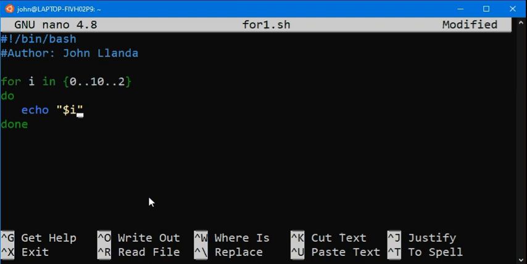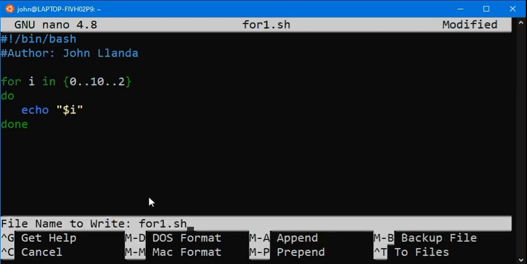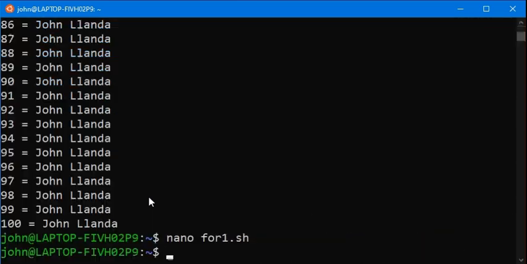So our output, we expect the output like 0, 2, 4, up to 10 because of this step 2 increment. Okay, so let us save the program, Control O, and then enter, Control X to go back